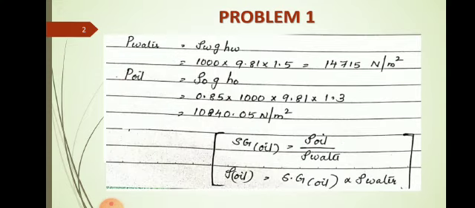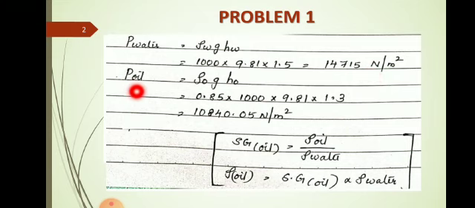First we'll find out the pressure due to water alone. As we know, the relationship is P is equal to rho g h. Here we are finding out the pressure due to water, which is equal to rho W, where W is the suffix, rho W means the density of water, into g into h W. h W stands for the height of water. So rho W is 1000, g is 9.81, and h W is 1.5. So the pressure due to water will be equal to 14715 Newton per meter square.